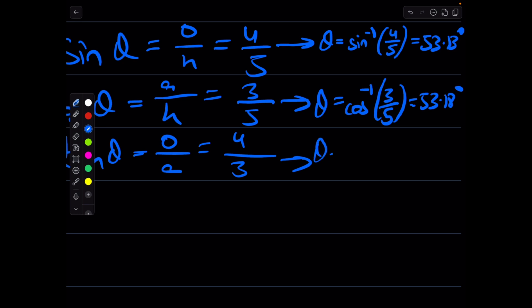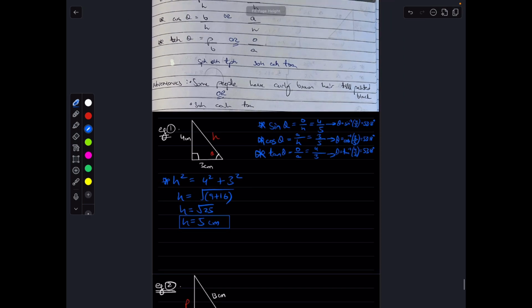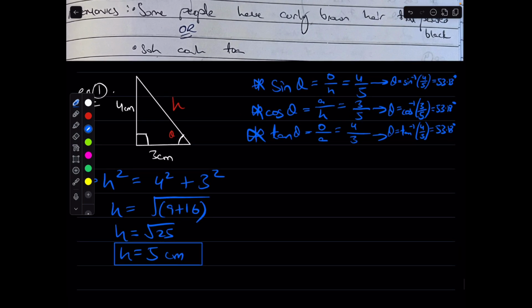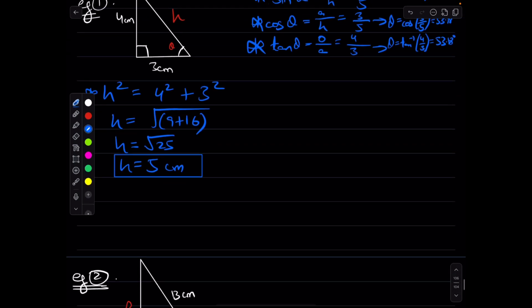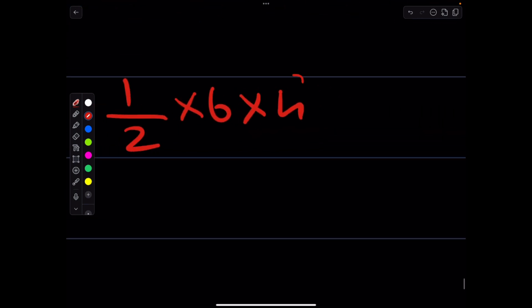Then again, what if we use tan inverse of 4 over 3? The angle would again turn out to be the same. Thus, whenever you have all three sides, it does not matter which ratio you use, the angle will always turn out to be the same. And since we have all three sides, we can find the area as well, which would be something like,